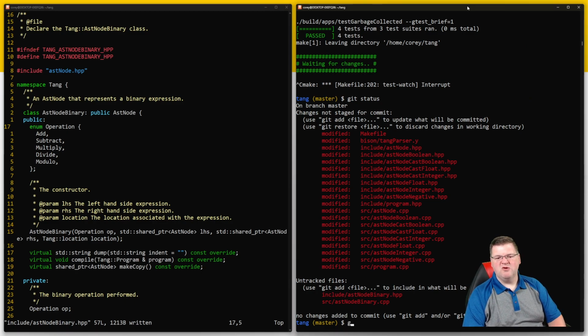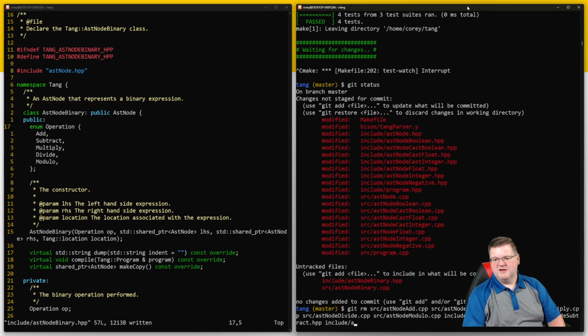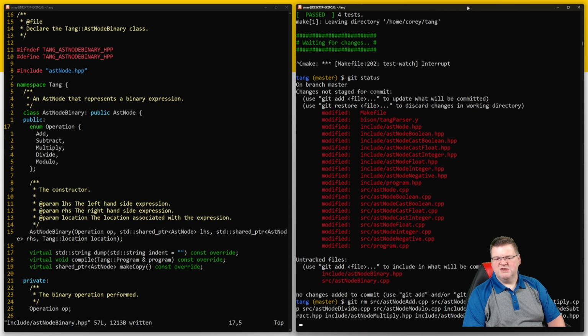I know we've changed a lot of stuff, but I'm going to say git remove source AST node add, source AST node subtract, source AST node multiply, source AST node divide, source AST node modulo, and also include AST node add, include AST node subtract, include AST node multiply, include AST node divide, and include AST node modulo. Now